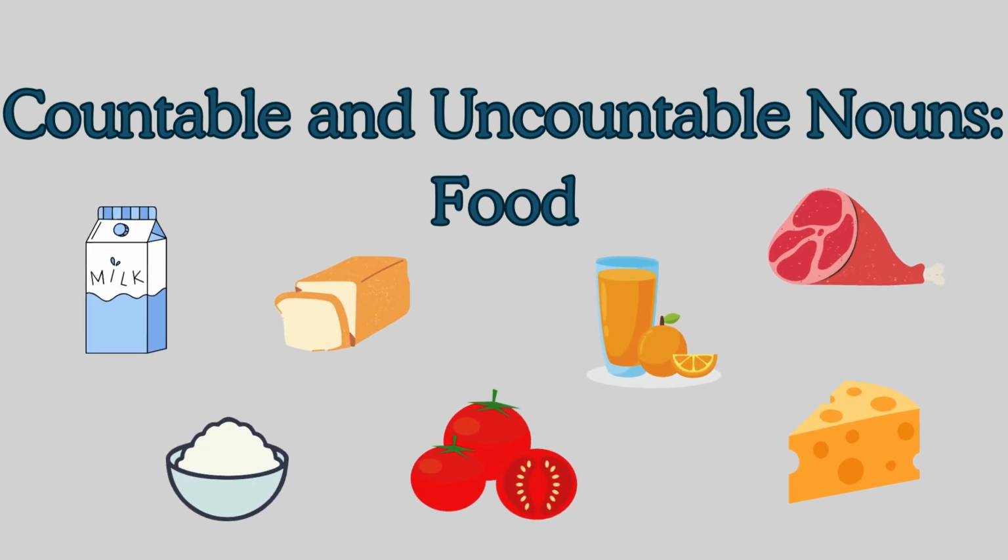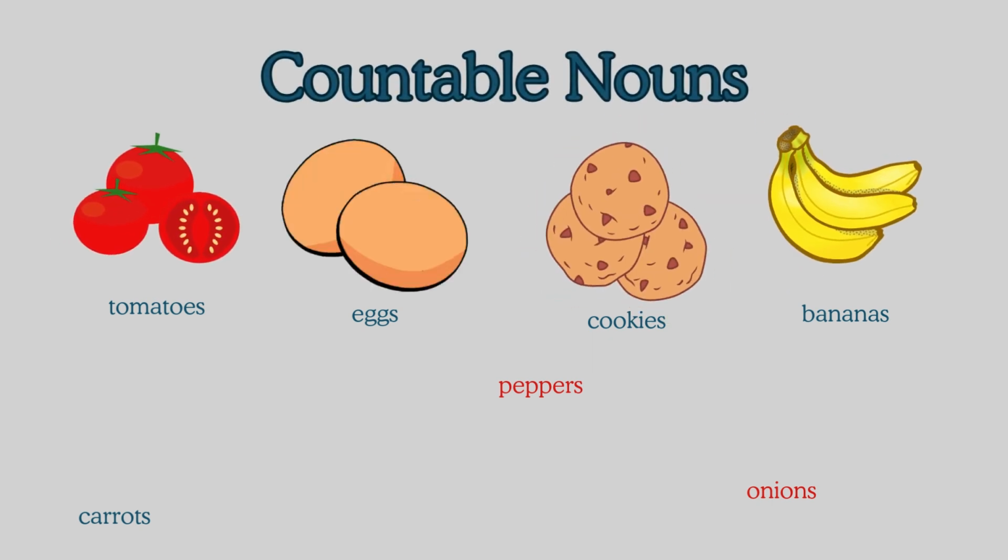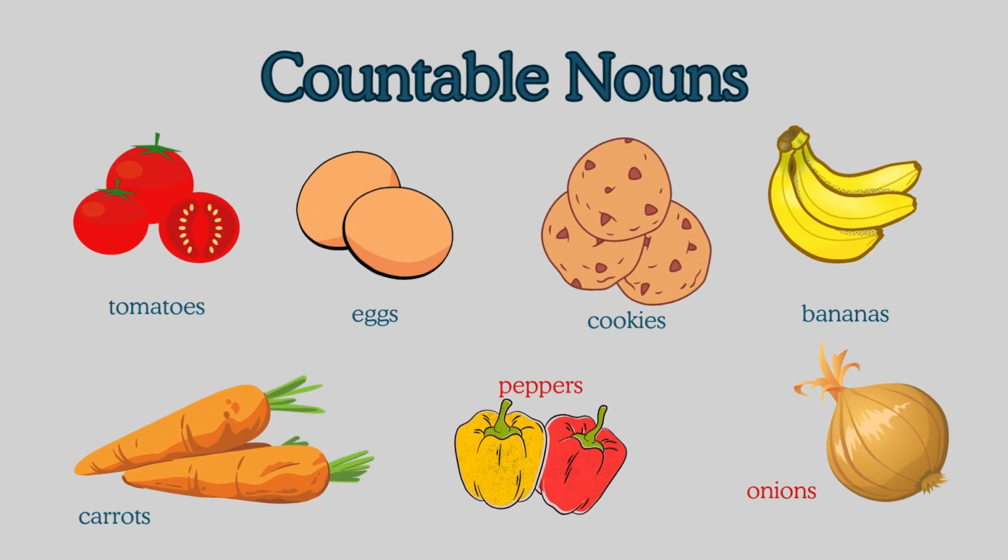Let's learn countable and uncountable nouns with food. Listen and repeat. Tomatoes, eggs, cookies, bananas, carrots, peppers, onions,